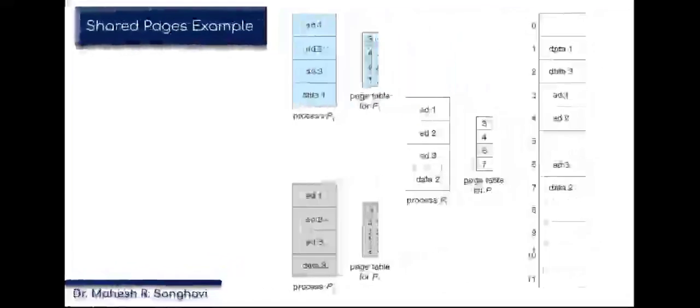If you observe, this example will make some things clear. Please focus here on these three tables. Here, certain code, that is editor 1, editor 2, editor 3, is common, but their data can be different. The editor is taking the same space, but the data will need some different space. So the shared code will be this editor's code. The editor will be common for all, only data can be different, because every programmer can write their own code. So that is the reason different data can be used.